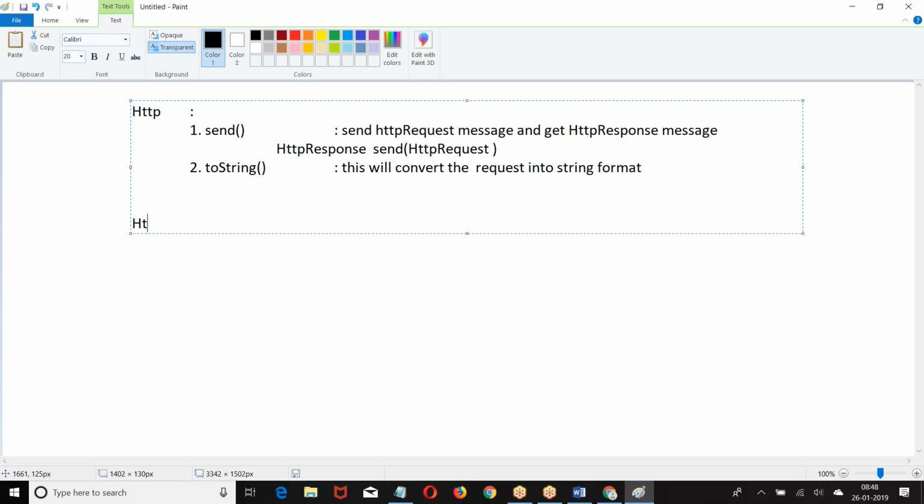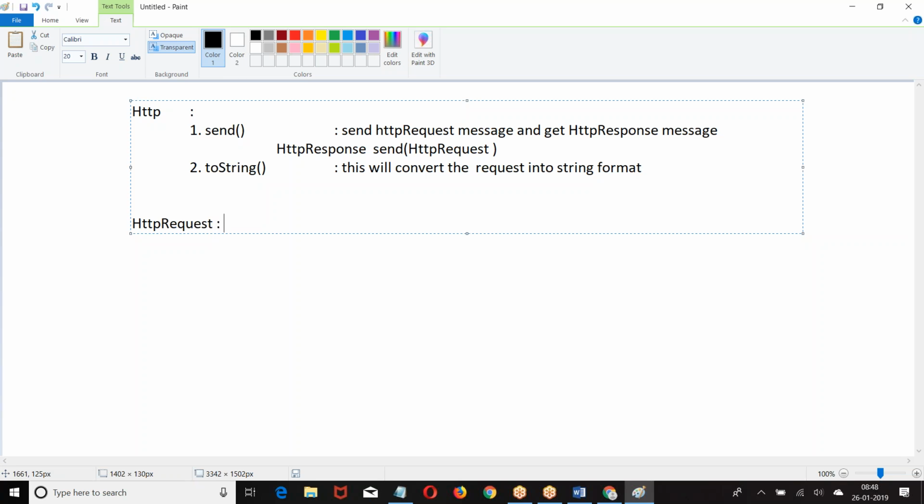Next we have HttpRequest. What is this HttpRequest?